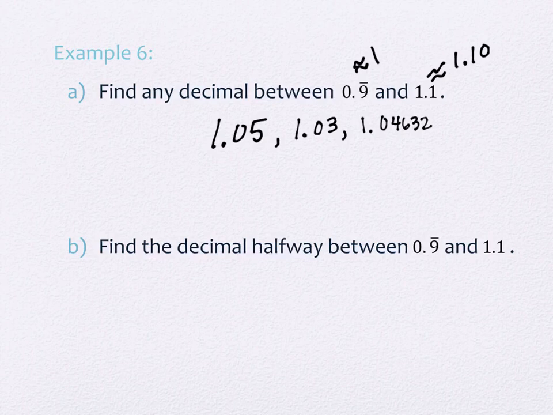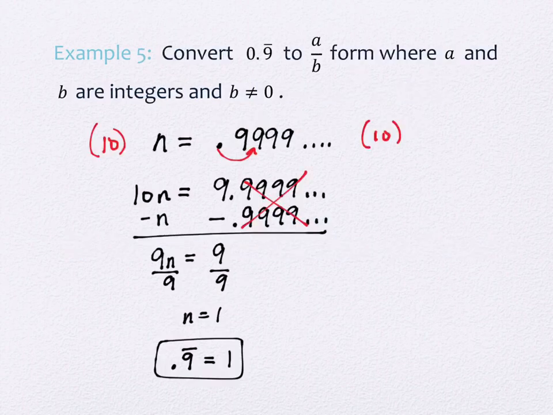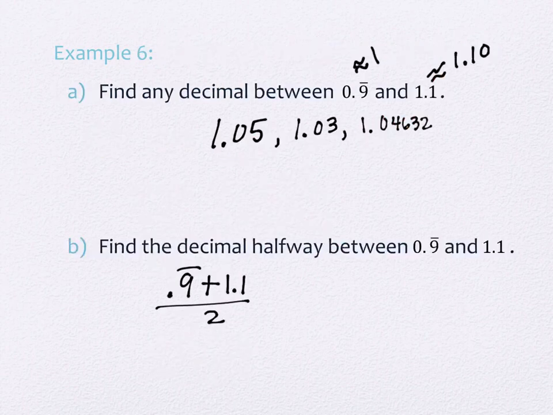So when you're trying to find something that's halfway, or the average of two values, you add them together and divide by 2. So truly, what we're doing is 0.9 repeating plus 1.1, divided by 2. But in general, you may not be able to think through or want to turn the 0.9 into the number it's going to be equal to, because you didn't just do this problem before, right? So pretend for a moment. A really good way to think through that and use your calculator to help you is by expanding the decimal out 4 or 6 places, something like that,